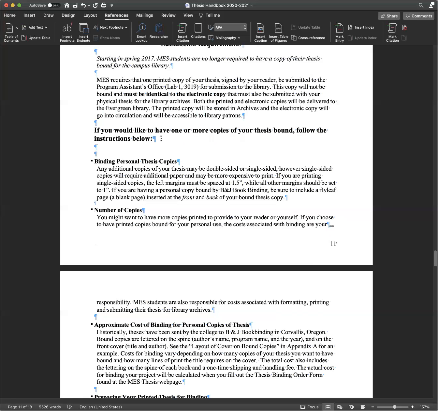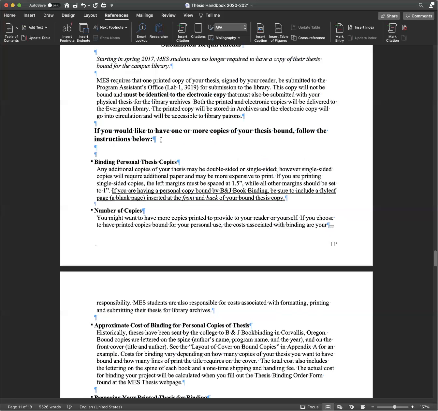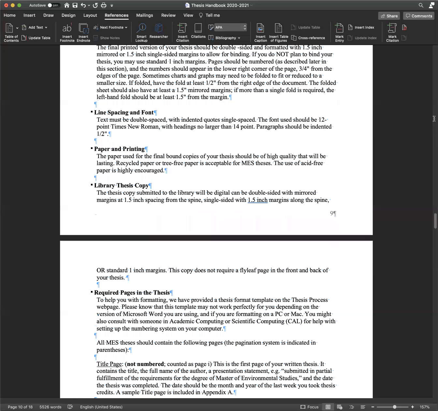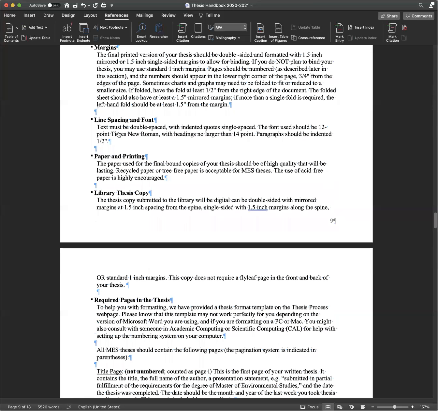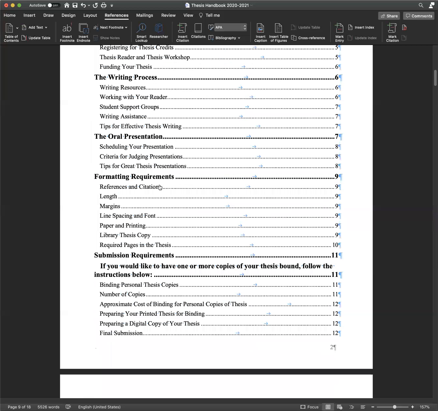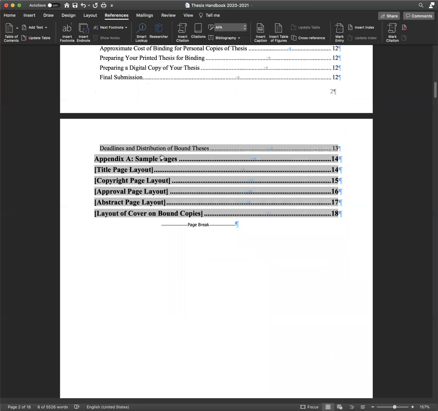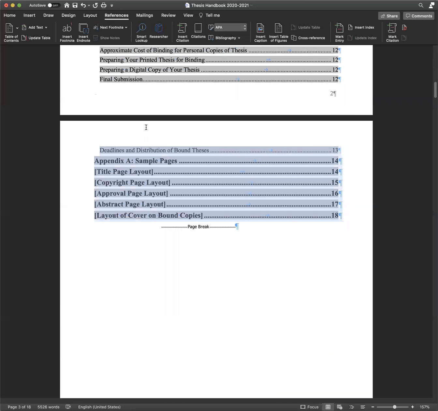And Sam, do you have any other tips or tricks for folks? The only kind of tip or trick is, if you noticed, sometimes it turns gray when you're editing it. And usually that's just because you have selected it. And usually you only have to take your cursor and pretty much click anywhere. See how this is gray right now? But if you're worried that it's gray and you can't figure out how to change it, and it's giving you some troubles,